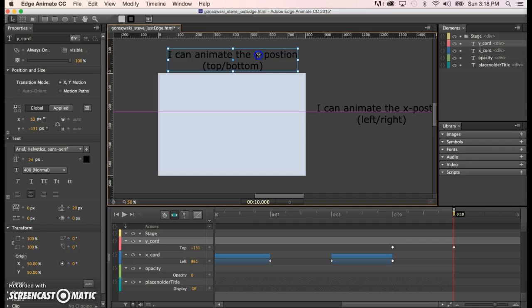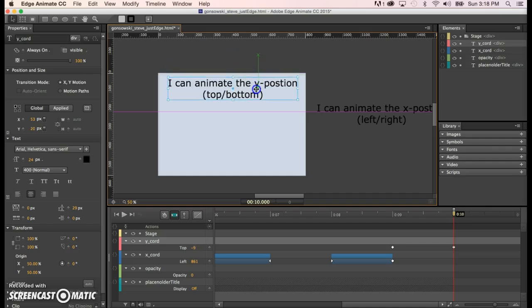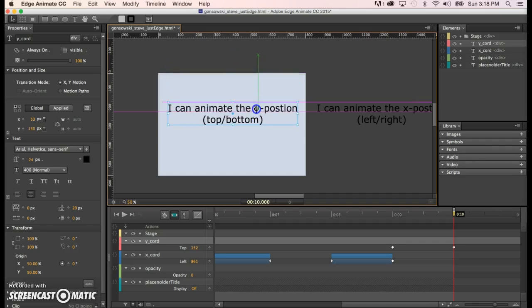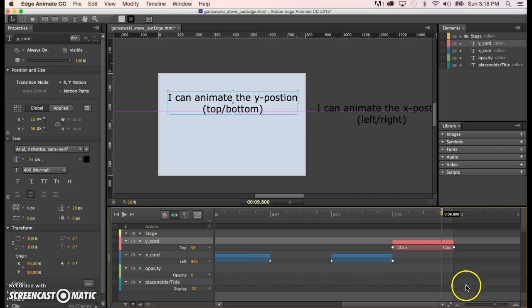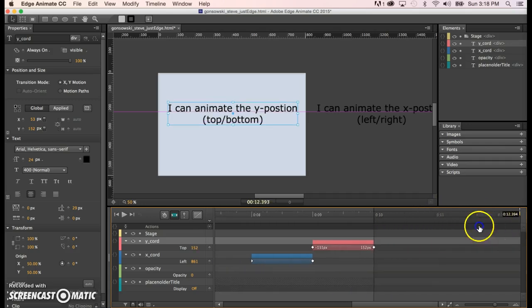I'm going to click and drag, holding down the shift key so that I'm only moving it up and down, have it in place. There's my auto transition, and then once again we just go over a second later,